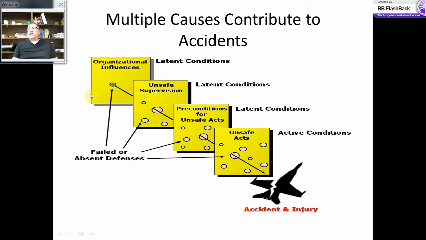But they're not just any kind. You have things called latent conditions and active conditions. When we're talking about workplace accidents or unintended consequences, for example, a pilot